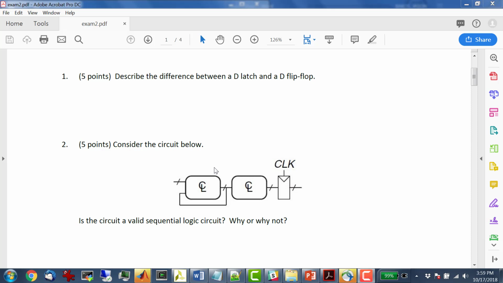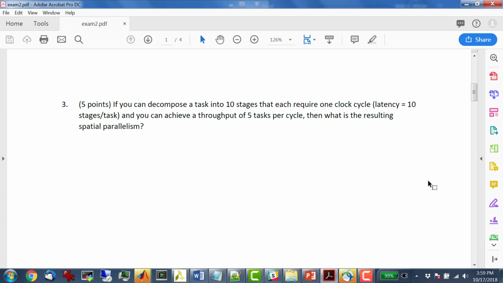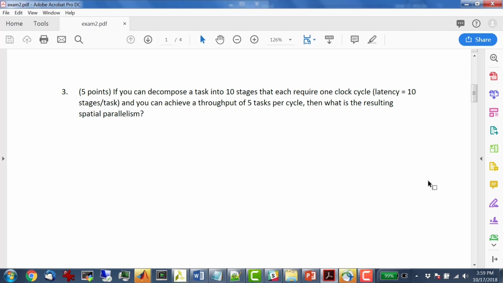Is this circuit a valid sequential circuit? No, because it has a cycle in it that involves only combinational logic. Any questions about that? Okay, number 3,